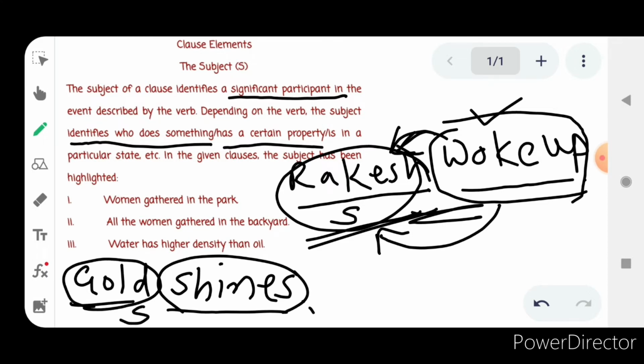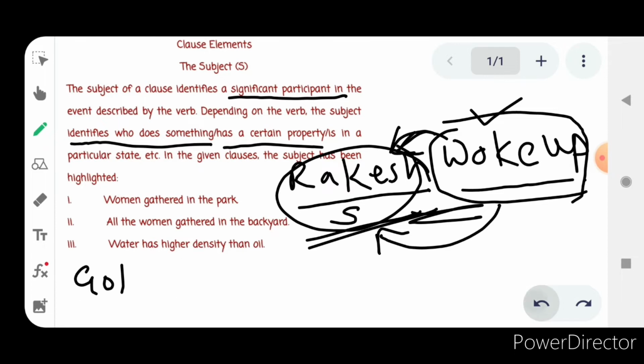This is the subject and this is the verb here. The action is denoted by the verb. And who shines? Gold shines. Or what shines? Gold shines. It has a certain property or is in a particular state. Is in a particular state means,